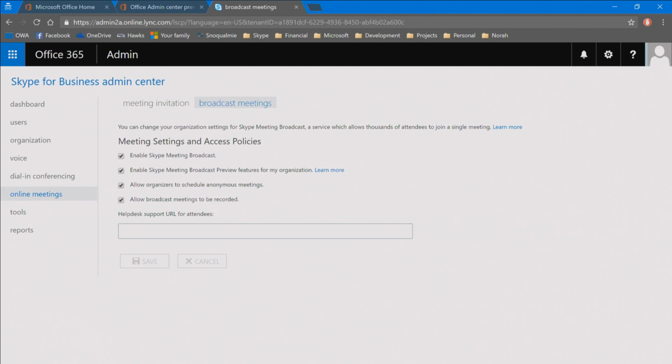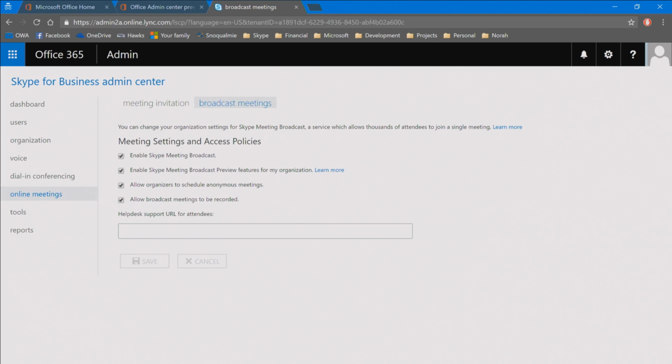So this is our new UI that enables you to turn broadcast on and off for your tenant, and enable yourself for preview features. This isn't the TAP program. This is an open program. So over time, we'll be adding new features that are available to users only if their tenant admin has allowed them to access preview features. And this checkbox will be off by default. People have to opt into it.